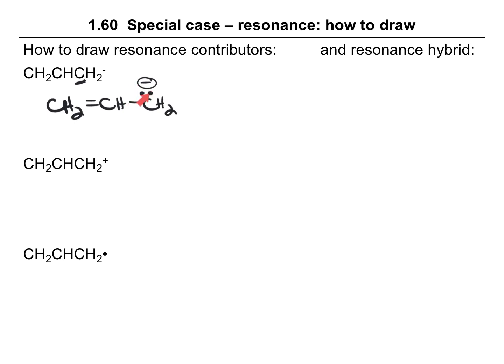So we'll go from the lone pair to the bond. So we'll imagine that these electrons move here, and at the same time, these electrons will have to move onto the carbon,